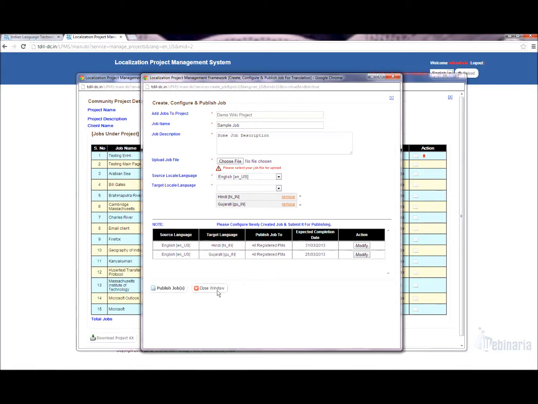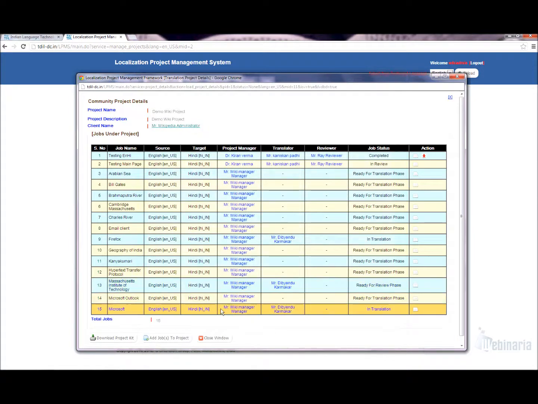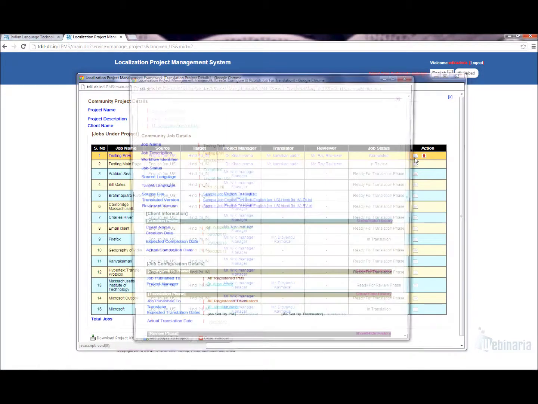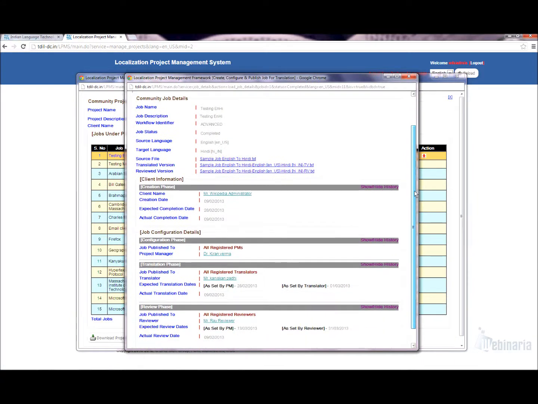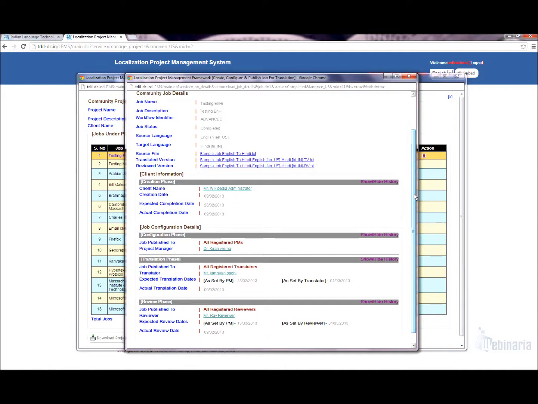The jobs will come up on the screen. If you want to see the details of a particular job, you need to click on the job details link in the action column against the job. It will open a new pop-up containing the job details.